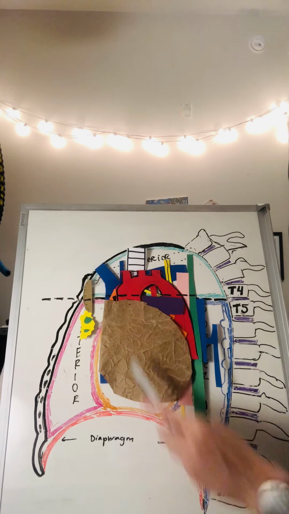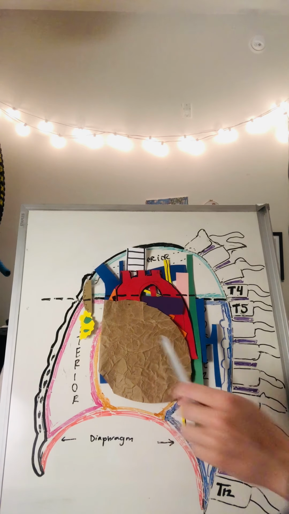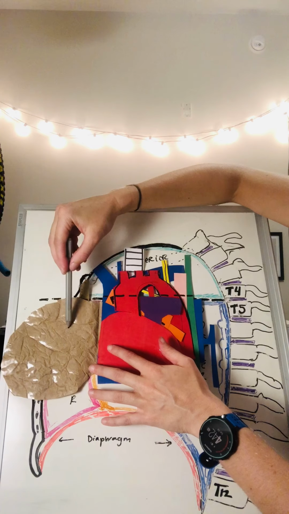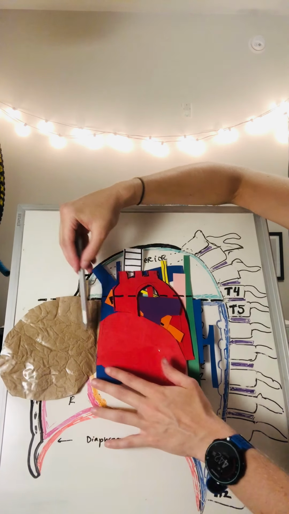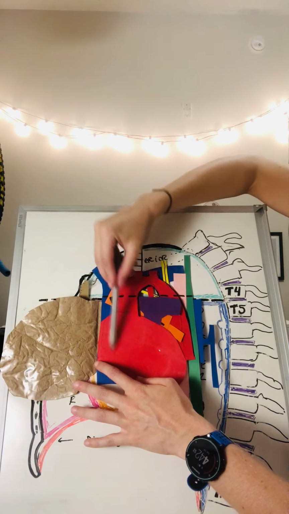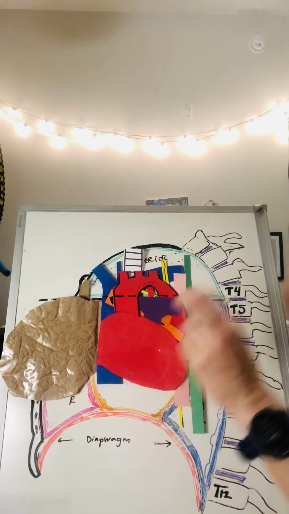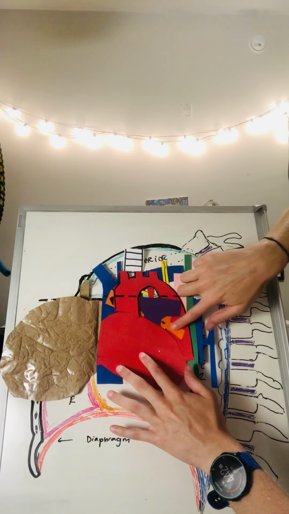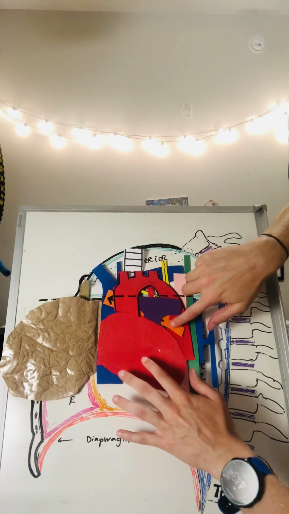The pericardial sac on the outside is made of fibrous pericardium, and then on the inside, we have serous pericardium, which will reflect onto itself, covering the heart, and become visceral pericardium. We have two sinuses within the pericardial sac. We have the transverse pericardial sinus, which extends